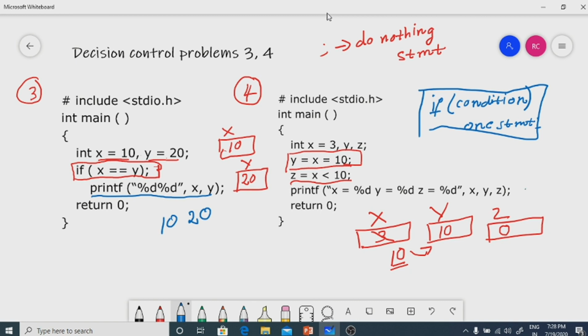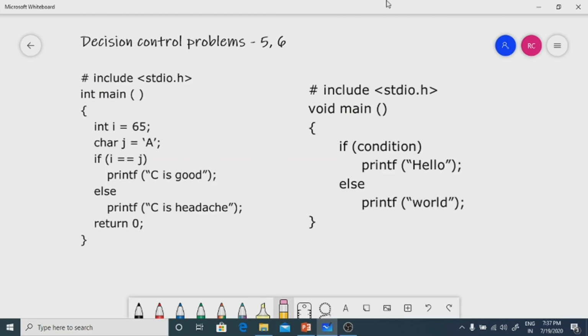When you print x, y, z, you get 10, 10 and 0 as the output. It's not 100; 10, 10 and 0 are separate values. So 10, 10, 0 is the output for this program. Now we solve problem number 5.